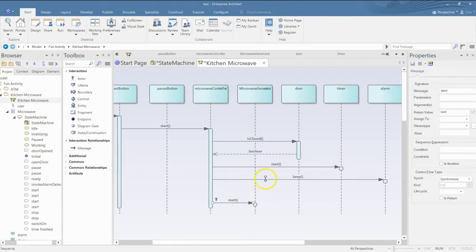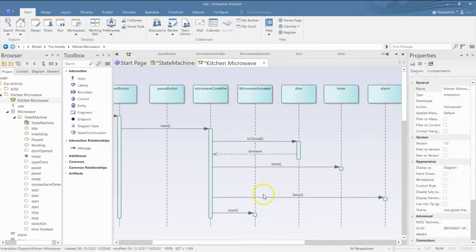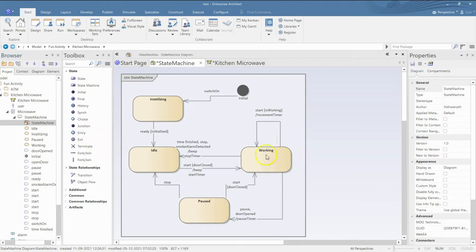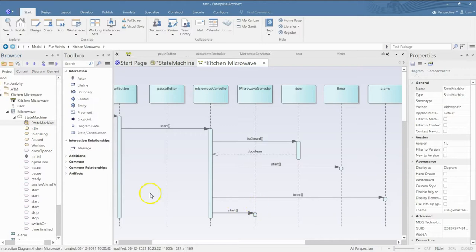Remember, I can press this start button even after it had started. So which means in that case, when it is already working, if I press on start, what should happen? Remember, just now I added that if the user presses start and the microwave is already working, then the timer will be incremented, right? So what I'll do is here I'll check whether it is already working.